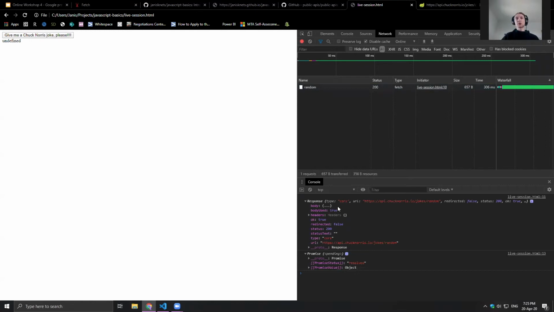Okay, so that seems reasonable enough. This is more or less what we wanted, but here we get undefined. So something didn't work out quite as we wanted it to. And that's because, so first element, on line 11,